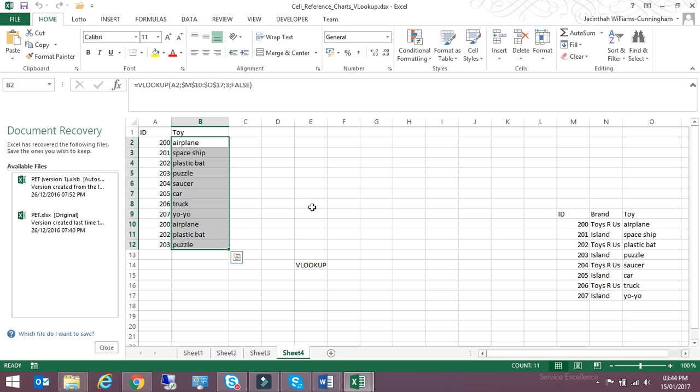So that's just a preview, a snapshot of what is possible with Excel. If you want to learn more, you can